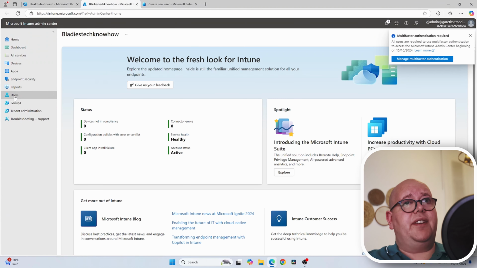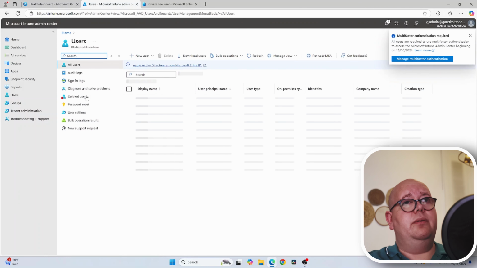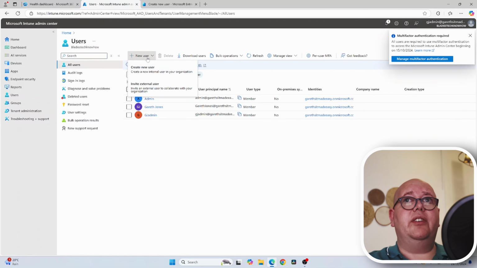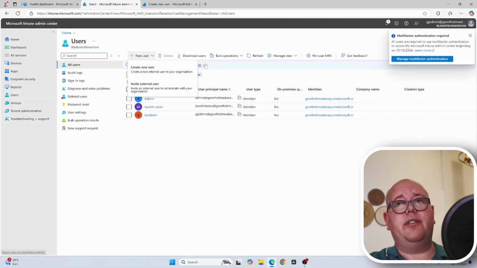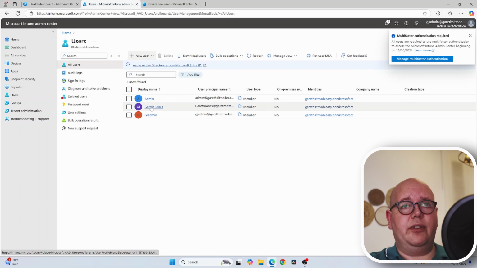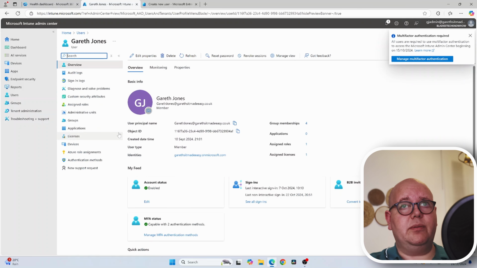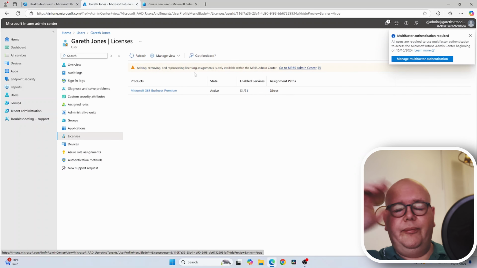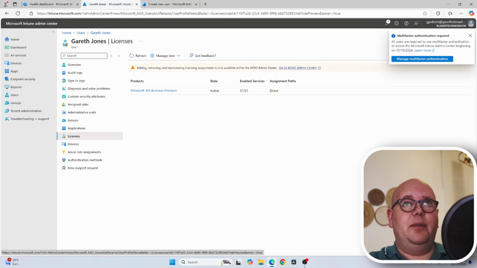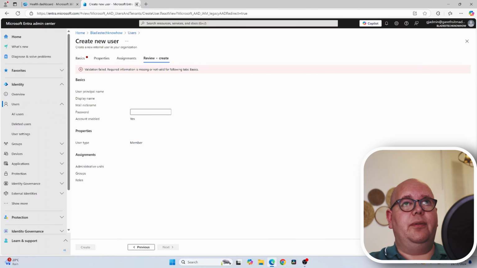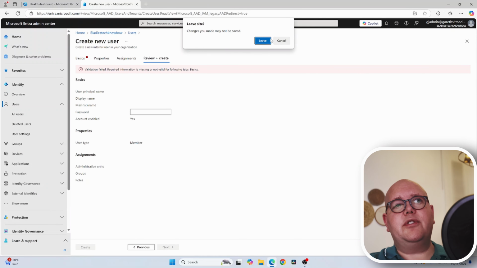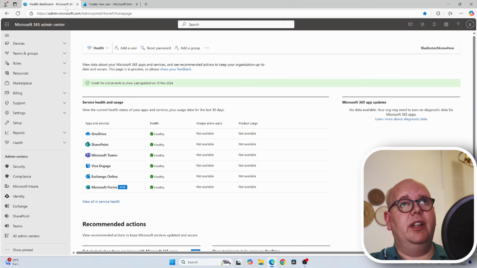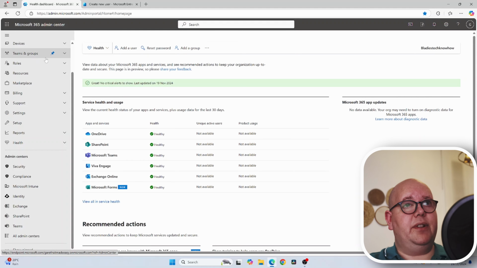It's essentially the same in Intune. You go into users, and you've got the same functions. The only thing you can't do, if I go into this account, for example, licensing: adding, removing, and reprocessing licenses, licensing assignments is only available through the 365 Admin Center. The only difference is if we go to